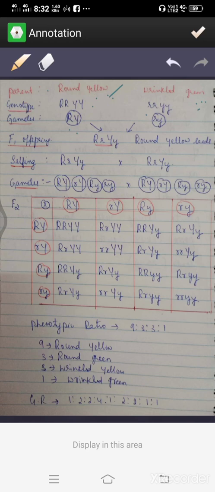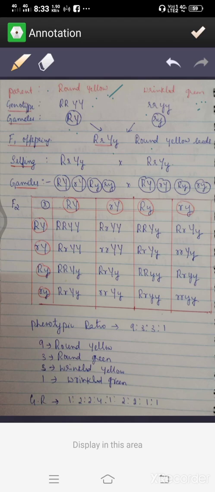So we got the F1 generation, capital R small r, capital Y small y, which denotes round and yellow seeds. In the first pair, capital R small r, capital R is dominant over small r, so the round character of the seed expresses. In the other contrasting pair, capital Y small y, capital Y is yellow seeds, the dominant character, so capital Y expresses itself over the recessive y. So the F1 offspring was round yellow seeds, with capital R small r, capital Y small y involved.